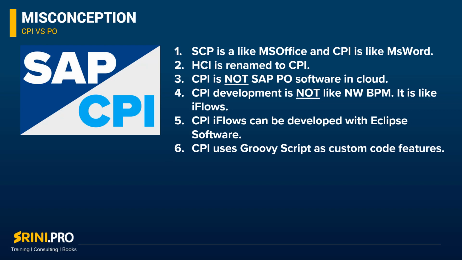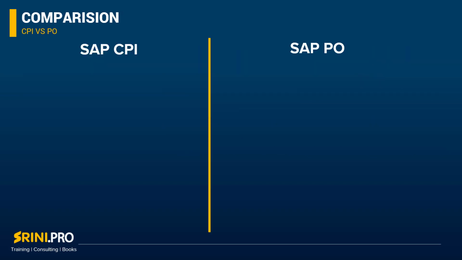So I hear them asking these questions in the forums and the Q&A session. So I believe some of the misconception that you have around CPI is clarified by now. Okay, so let's move on and let's understand what are the real differences between CPI and PO. When you have an interface development, where to develop and what are the benefits that you're going to get from